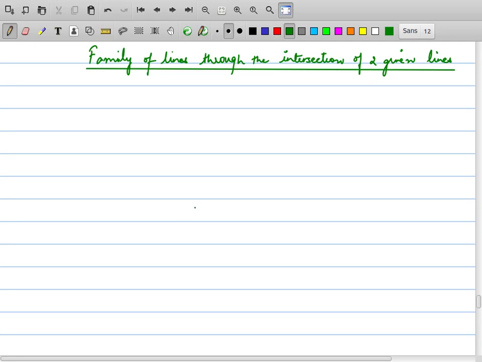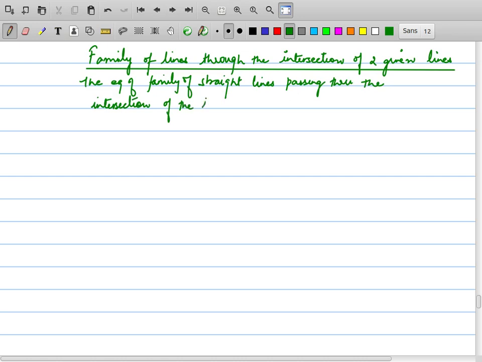Now the next topic that we will discuss is family of lines through the intersection of two lines. First we'll write the statement, then we'll understand. This says the equation of family of straight lines passing through the intersection of the lines a1x plus b1y plus c1 equals to 0 and a2x plus b2y plus c2 equals to 0 is given by